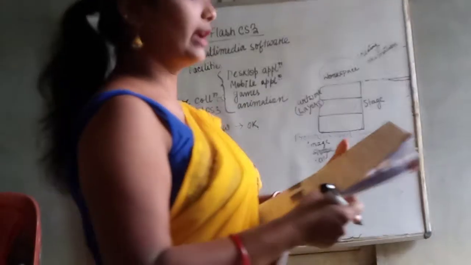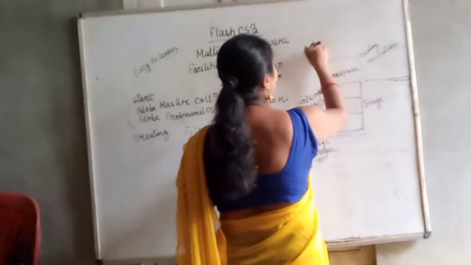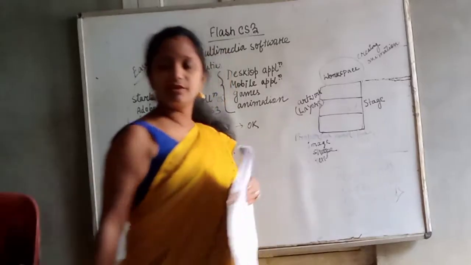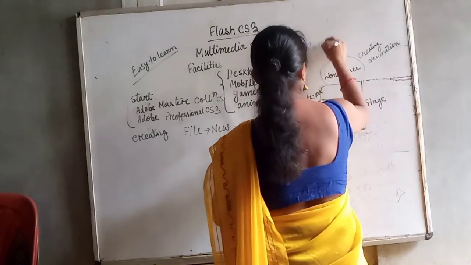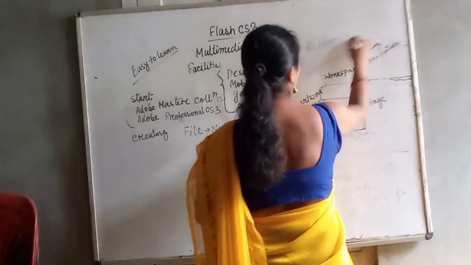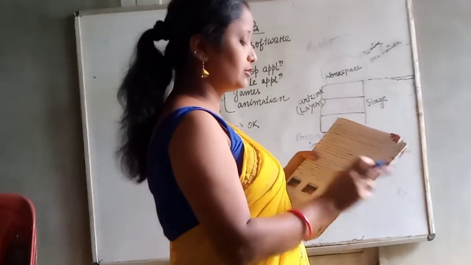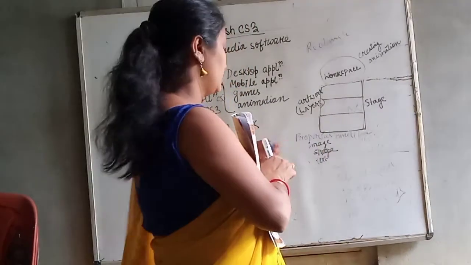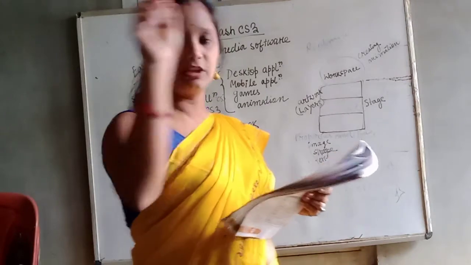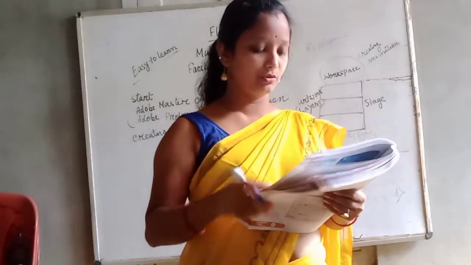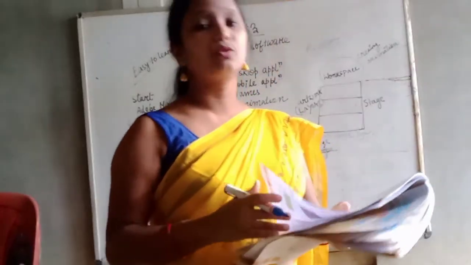How to draw an object in Flash? For drawing an object, first you have to go to the rectangle tool. In the rectangle tool you can draw, then click and drag the mouse pointer. Click on the pencil tool to smooth the mode. If you want to draw, go to the pencil tool. Outline and fill: if you want to give some border, go to the selection tool, then select the pencil tool. Gradients: if you want to insert some color, go to the paint bucket tool.